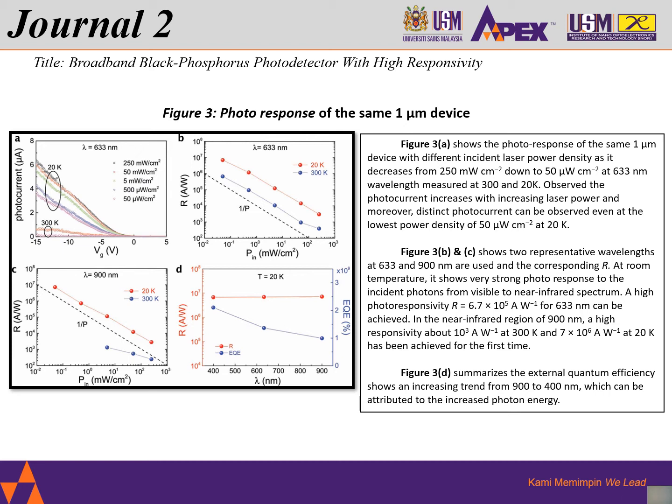Figure 3b and c show the two representative wavelengths, 633 and 900 nanometer, that are used, and the corresponding responses. At room temperature, it shows very strong photoresponse to the incident photons from the visible to near infrared spectrum. A high photoresponsivity, R equals 6.7 times 10 to the power of 5 ampere per watt, can be achieved for 633 nanometer. While in the near infrared region of 900 nanometer, a high responsivity of about 10 to the power of 3 ampere per watt at 300 K and 7 times 10 to the power of 6 ampere per watt at 20 K has been achieved